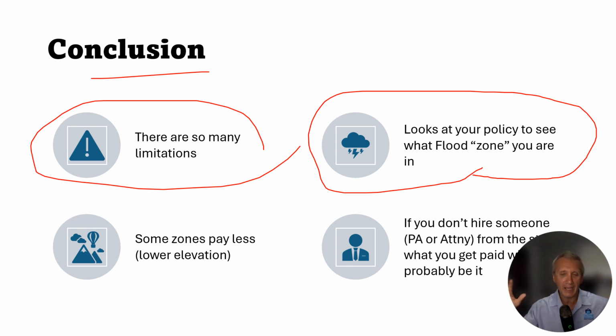I don't know off the top of my head, because I only do flood claims when there's floods from a hurricane. And then you've got the lower zones, and zones that were actually assigned after the mapping took place and then you built a home. So in other words, the mapping, what they call the FIRM, which is basically the flood mapping in certain areas, designates what zone you would be in. If you build a home after the last previous mapping,